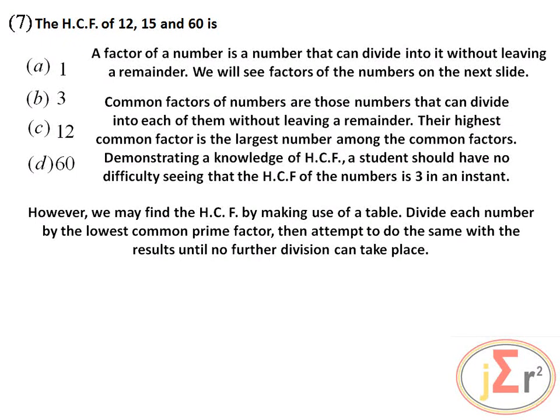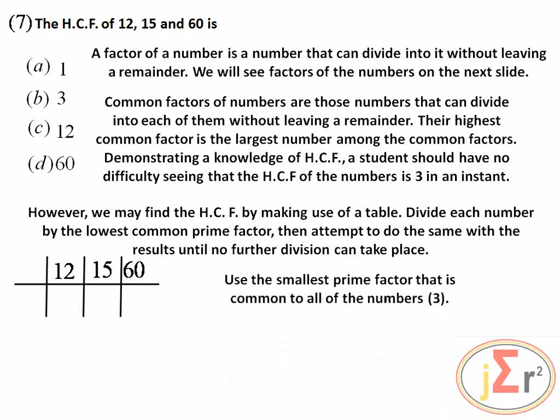And again, do not confuse this process with the process of finding the LCM, which also makes use of a table. So in finding the highest common factor, the factor has to be common in the table, else we cannot use it. So use the smallest prime factor that is common to all of the numbers, and that is 3. So do not forget that